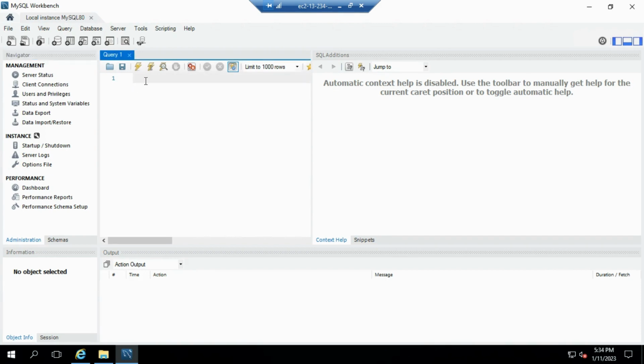And write one query to create a database. Create database demo_test. Execute. Demo test database created. Okay, done. So today